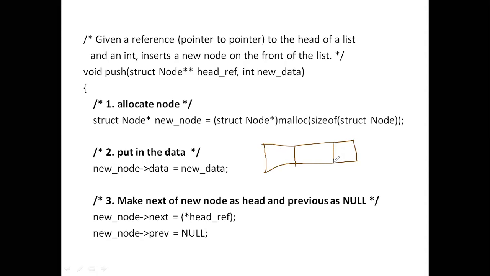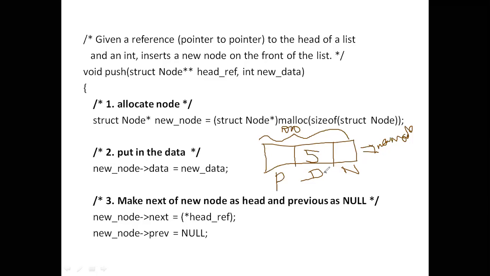So now I have allocated the memory. For example, the memory of this node is 1000. Okay, guys. So now new data goes to new node arrow data. What is this? This is previous, this is data, and this is next. Am I correct? Now the name of this is called new node. Now you tell me where this 5 will go and sit. Here, this one. This is data. Am I correct, guys?